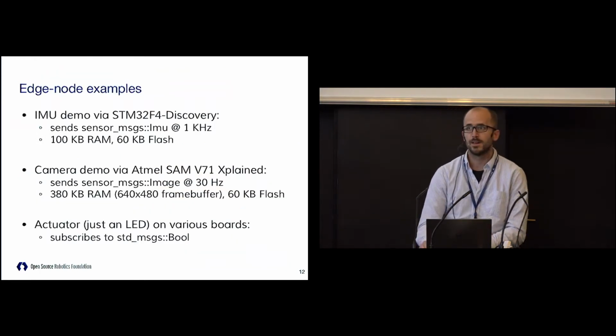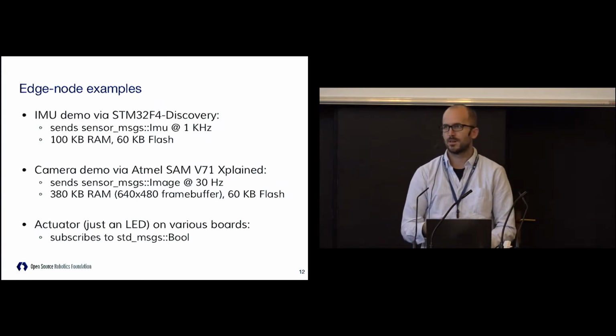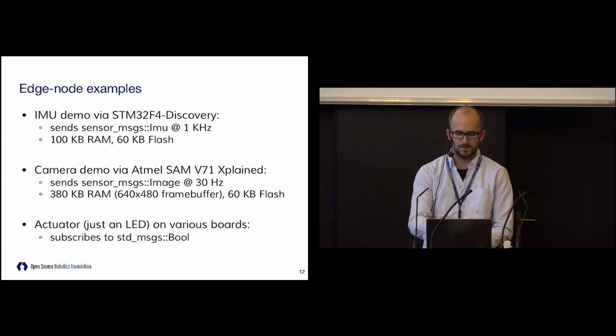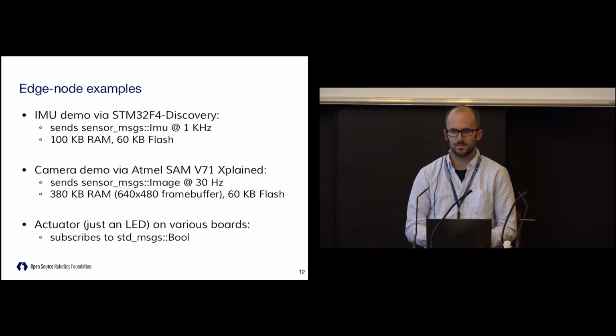So strings are fun, but typically in robotics we want to send more than strings. So to do that and to make sure our abstractions are working, we have a few demos here. For the sake of time, I don't have the widgets here on the podium with me, but I'll have them after. We can play around with them during the lunch break or any other breaks during the conference here.